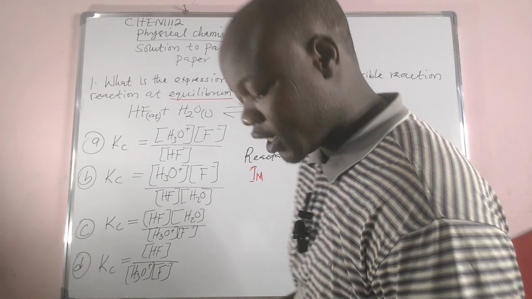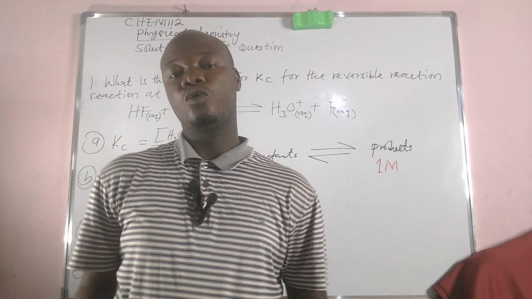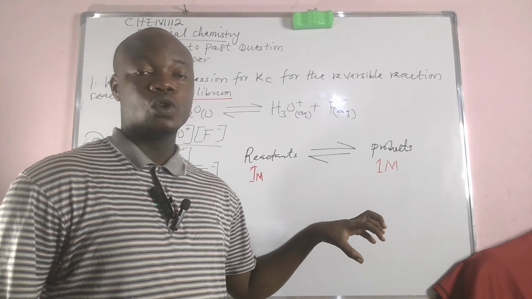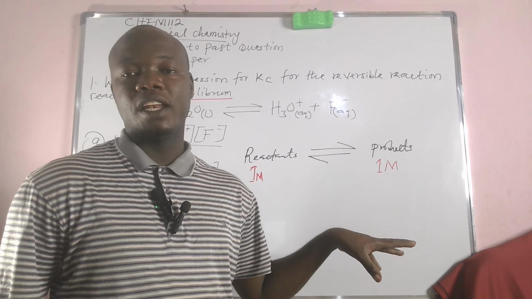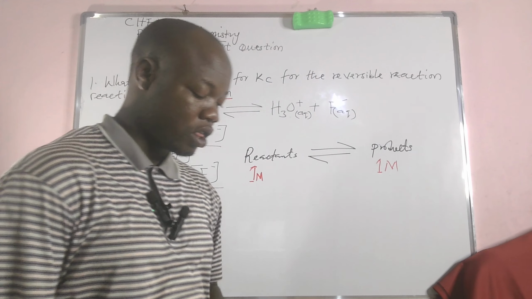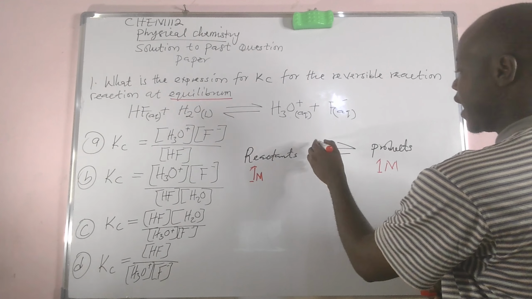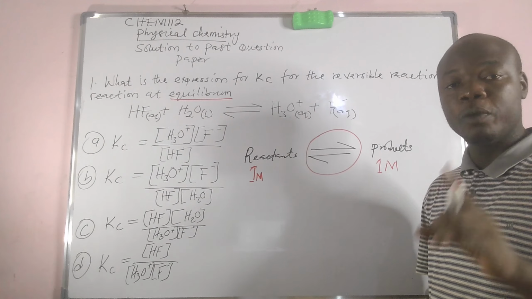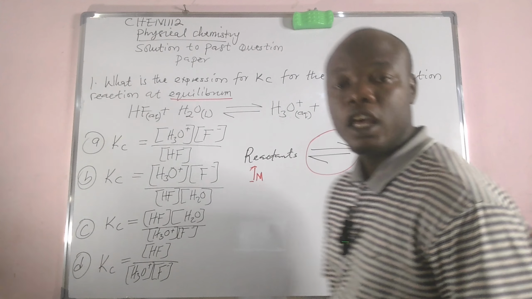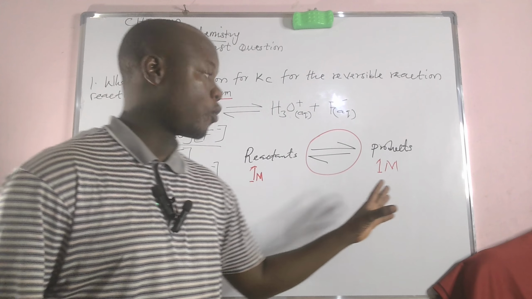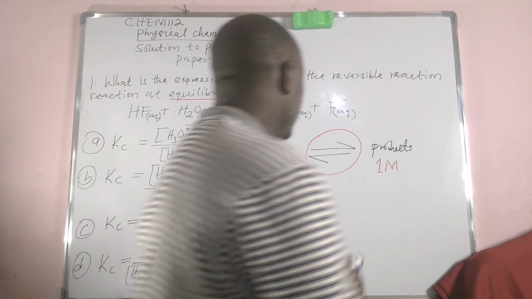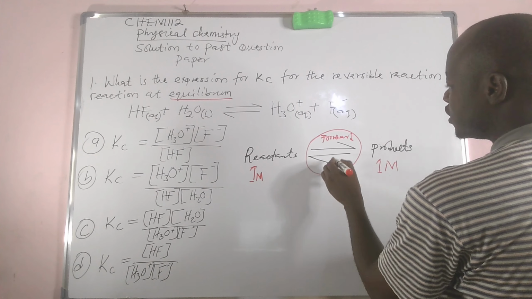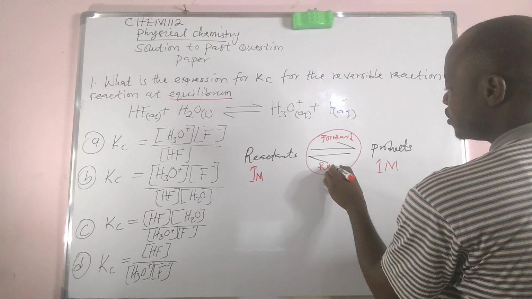But very importantly, ladies and gentlemen, remember we have different types of reaction. A chemical equilibrium is usually represented with a reversible reaction. So this is a reversible reaction because it has a double-headed arrow. This is indicating the forward reaction. This is indicating the reverse